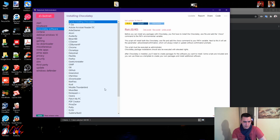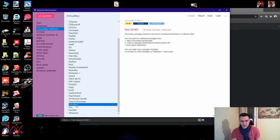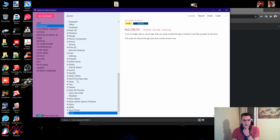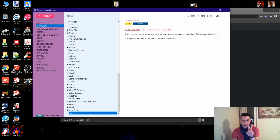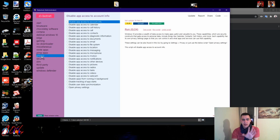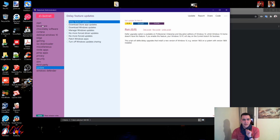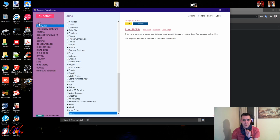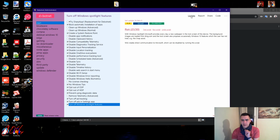I think that's all of them, without going through these big ones, because these are like programs that you would have installed separately. Like I have VirtualBox on here because I installed it. So most of what you're going to want to go to, you're going to find in Start and Bloatware. Those first two, you might want to change some privacy things. You might want to change some update things, but these two are the two main ones that you'll want to go to. And once you've done that,